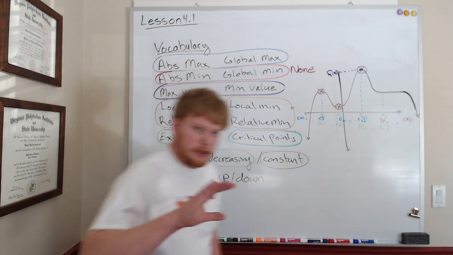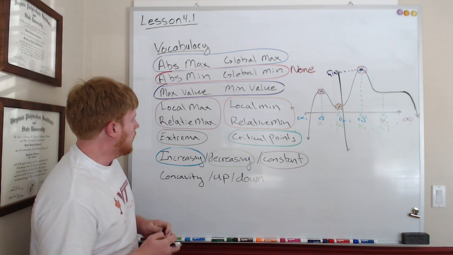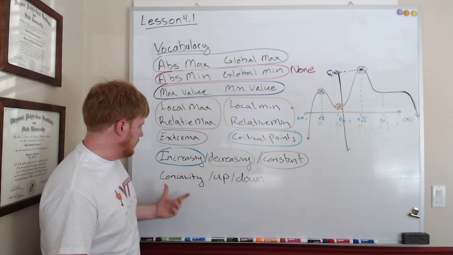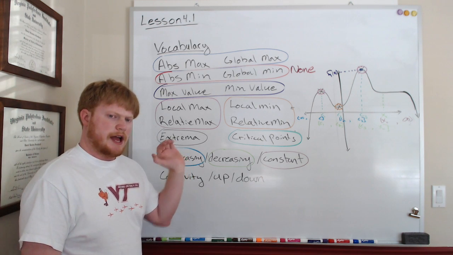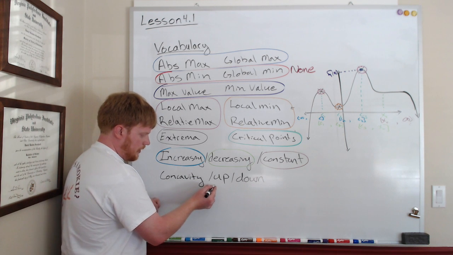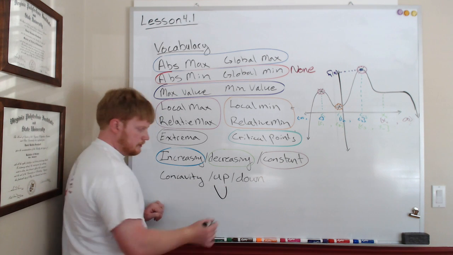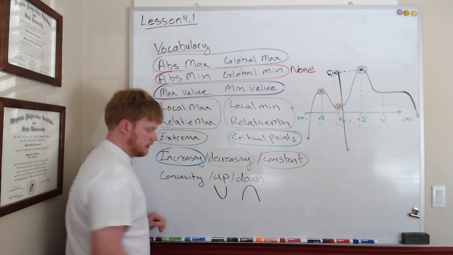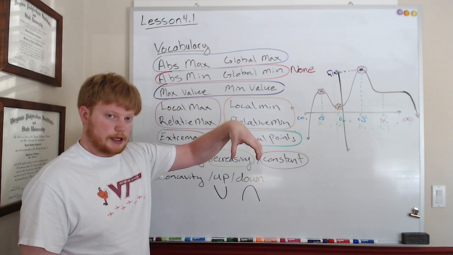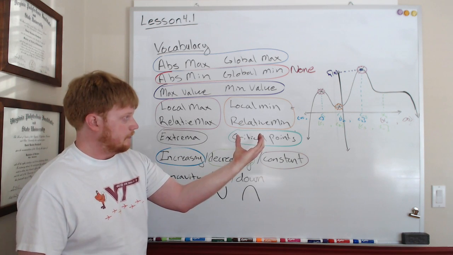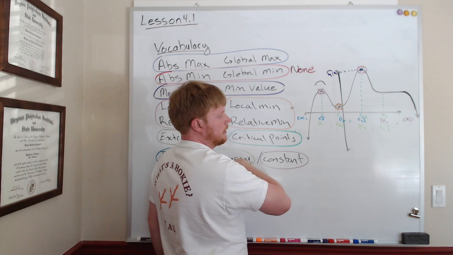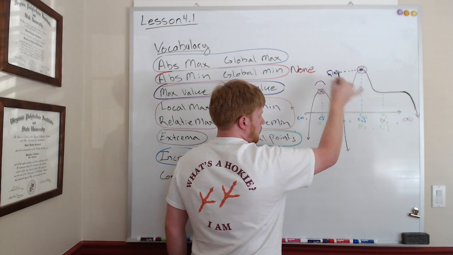Concavity might be new to you. I think everything up to this point you've seen in pre-calc or algebra 2. Concavity refers to how the graph is curved. So concave up looks like this, concave down looks like this. If you make a C for concavity and you're opening down, that's concave down, opening up is concave up. Okay, so this is downward concavity, upward concavity,